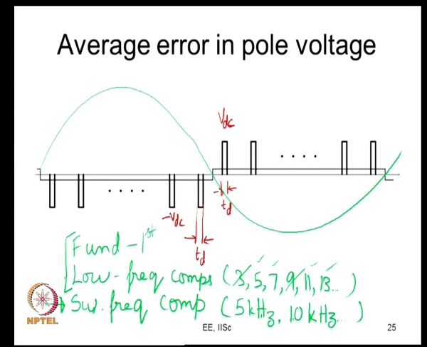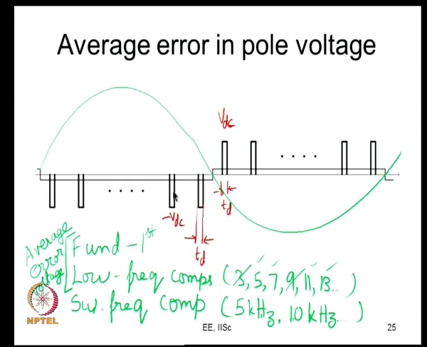Now, you want to combine all these. So, what you can do is you can go in for average. You go for average error voltage. This average error voltage is something which will contain the fundamental and the low frequency components of the waveform, but it will not contain the switching frequency components here. So, it would contain only these things. Let me clear this up. Yeah, so, it contains this. So, you go for this low frequency.